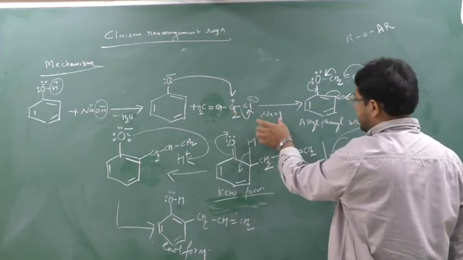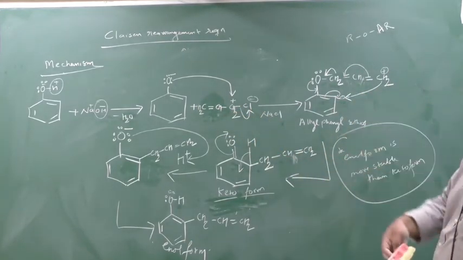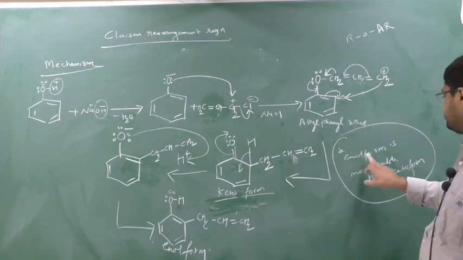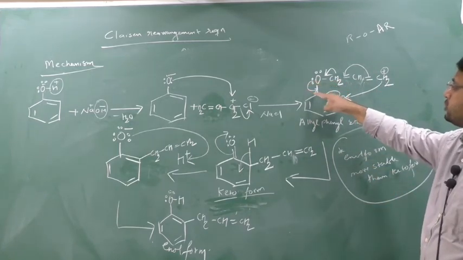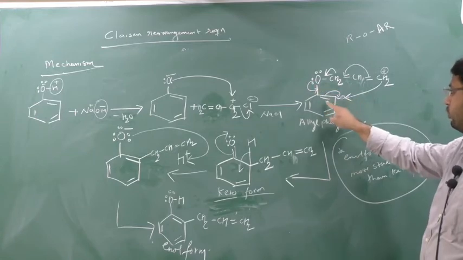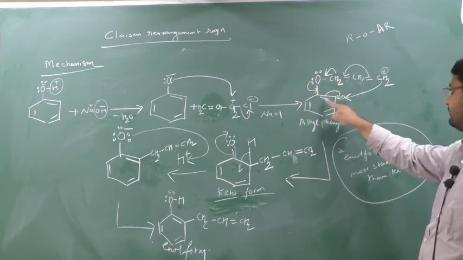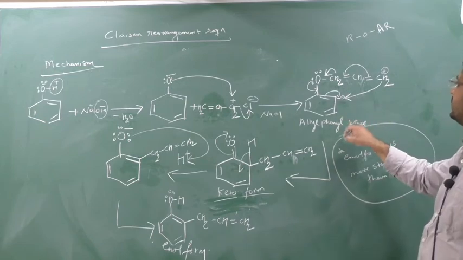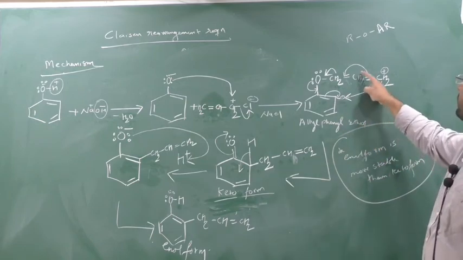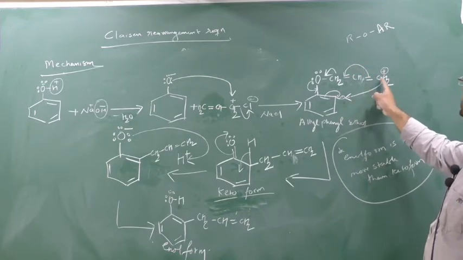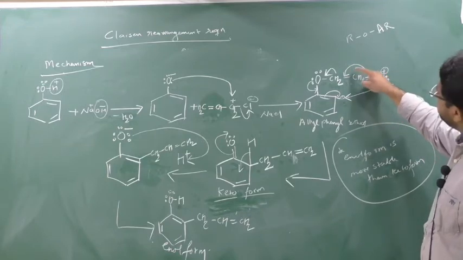and this Cl will be removed as Cl minus, giving NaCl. Now see, this is a cycle, nothing but a cyclic form. See how? Of these 2 lone pairs, 1 lone pair will be donated here, so a double bond. To make a new bond, the old bond will be broken, so here a minus charge will come. If this bond breaks, here a minus charge will come. Now out of this double bond, 1 pi bond will shift here. So when the electron is given by this CH2, here a plus sign will come.